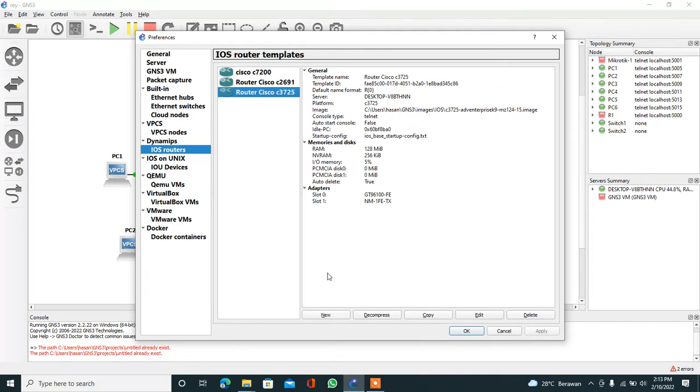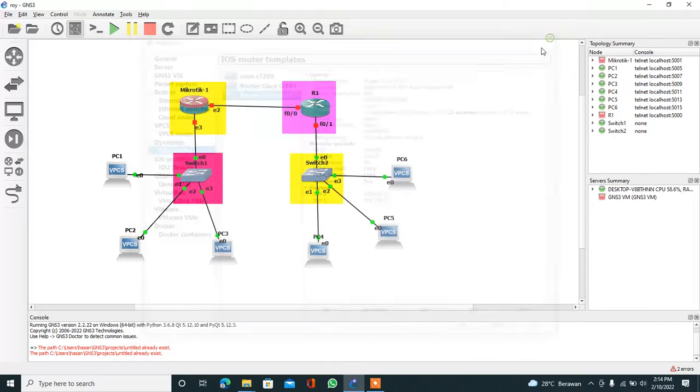But I already have access to the Cisco router, so I'm not installing it again. For the IOS router, I give the URL in the YouTube description. After the two routers have been installed, let's make the topology like this.